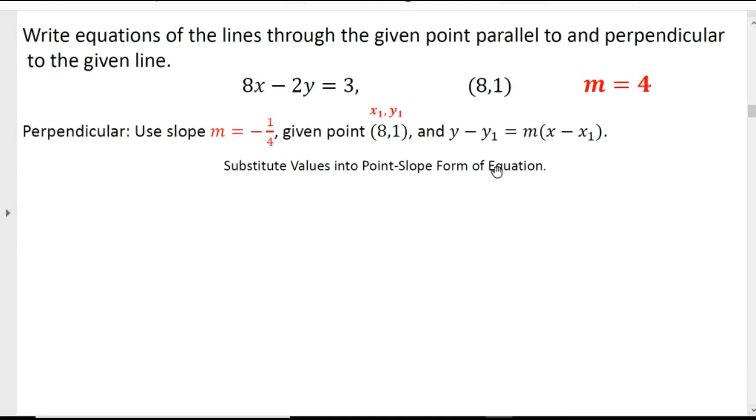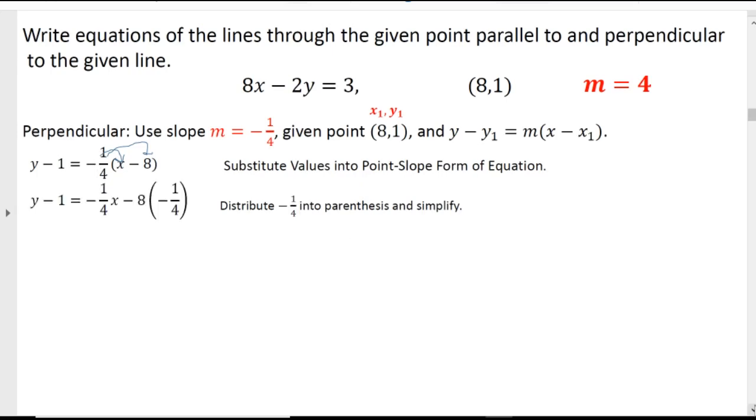For perpendicular, we use the negative reciprocal of our slope. Since our slope was 4, the negative reciprocal is going to be -1/4. Then we use the point-slope form to substitute in our values. So we're going to multiply -1/4 into the parentheses, and we end up with y minus 1 equals -1/4 x